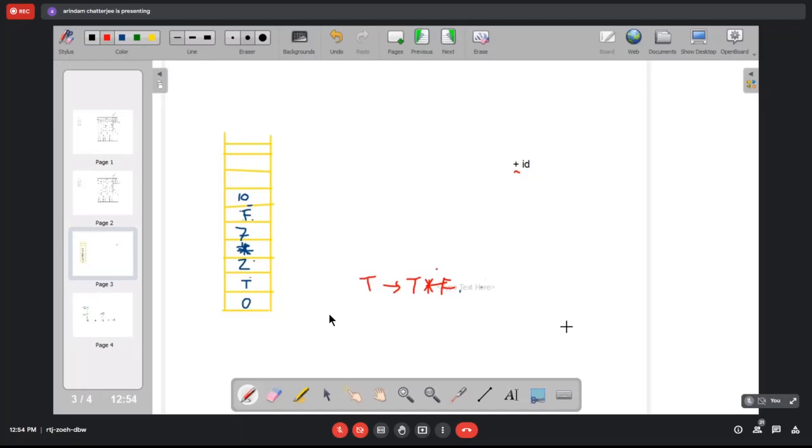How many symbols on the right hand side? 3: T, star, F. So how many symbols do you have to pop from the stack? 2 into 3, that is 6 symbols. So this one is gone, 2, 3, 4, 5, 6. These many symbols are gone and we have to insert a T here.